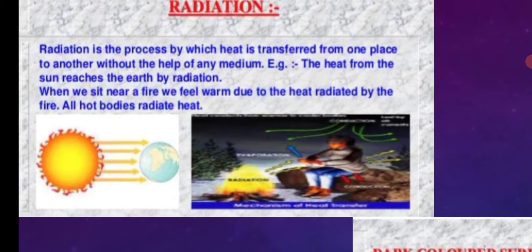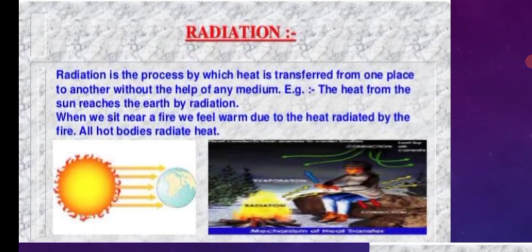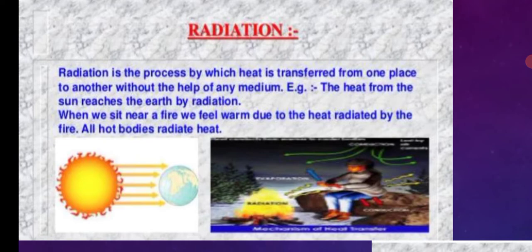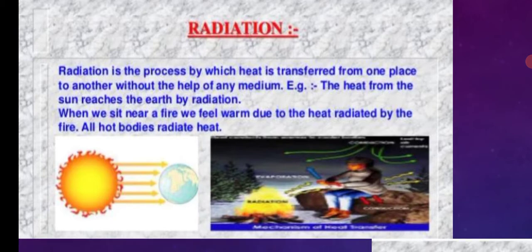After that, the third and very important mode of transfer of heat, that is called radiation. The third mode of heat transfer does not require a medium between the hot and cold bodies and is known as radiation. The heat is transferred even if there is a vacuum between the two bodies. Radiation is a process of heat transfer which does not require a material medium. In radiation, heat travels in a straight line from the hot object which radiates it.